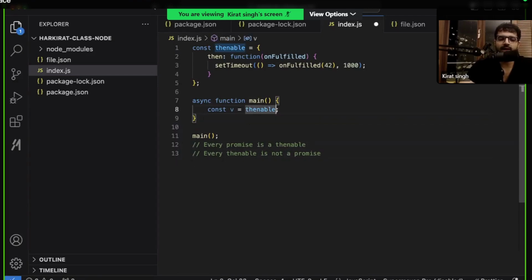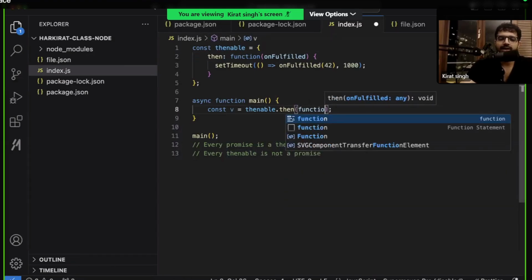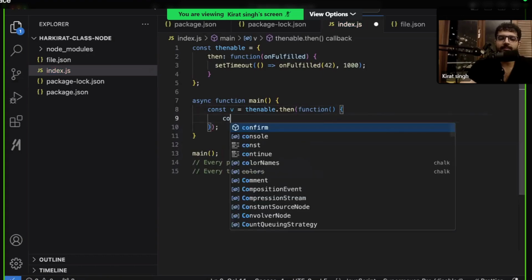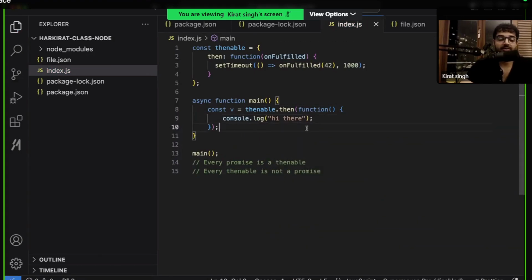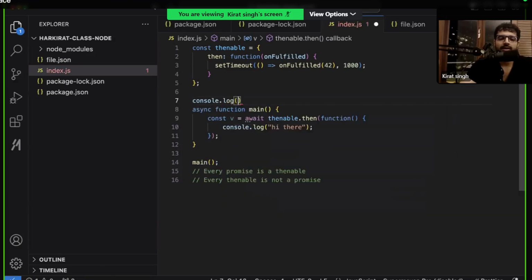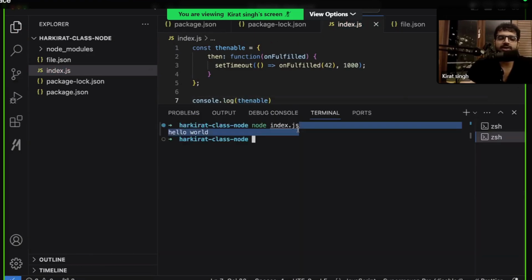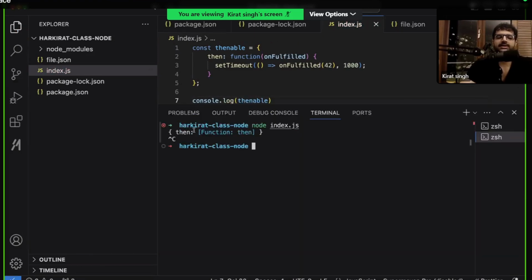I'm assuming you can tell by looking that a thenable has a function called dot then. So I can just call this very similar to how we've been calling promises until now. But the cool thing here is you can also await this, even though this isn't a promise. This is just a thenable. If I log this variable, you will see it just says it is an object which has a then key, which is a function.